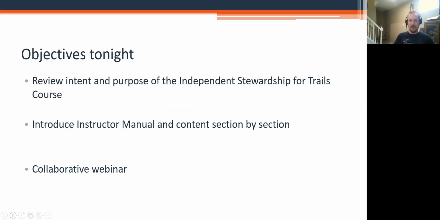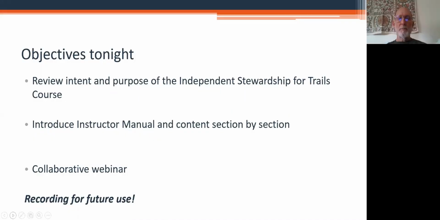And I'm going to spend some time on a number of these sections comparing and contrasting it with crew leadership for trails, the OSI crew leadership for trails course, which is essentially a knockoff, or a spin-off course. Yeah, a pared down version of that course. There's a lot in here that I think is going to be insightful, especially for all of you that have done it before, understanding the differences and similarities with a crew leader training. And like I said, we're recording this for future use.